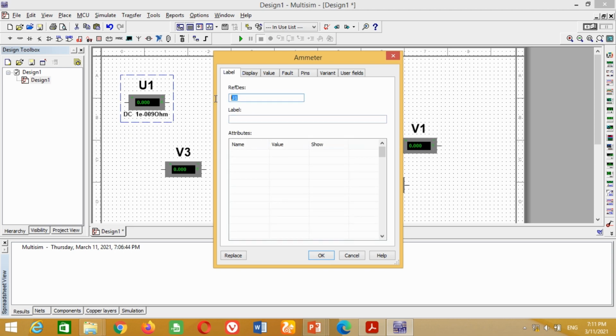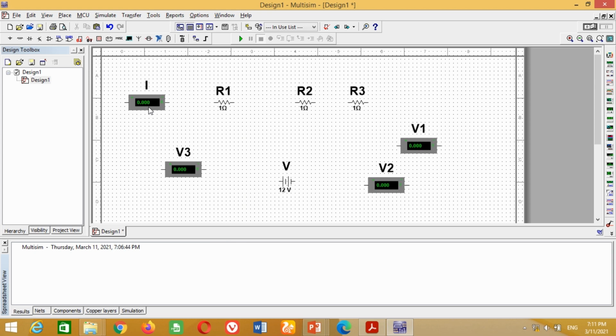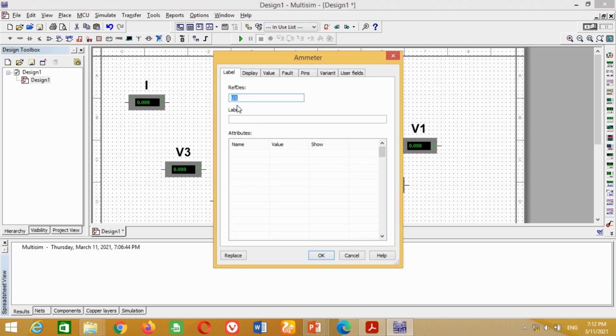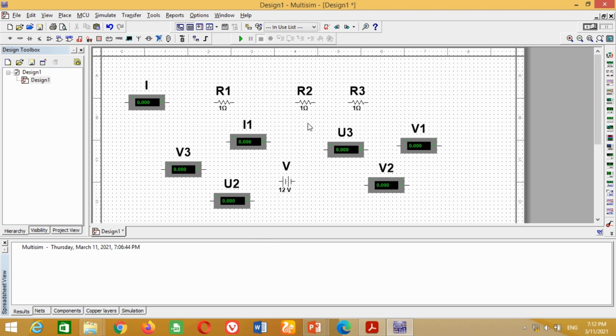In the label section, write I to measure the total current in the circuit and press OK. Similarly, repeat the same procedure for I1, I2 and I3 in order to measure the current flowing through resistors R1, R2 and R3 respectively.